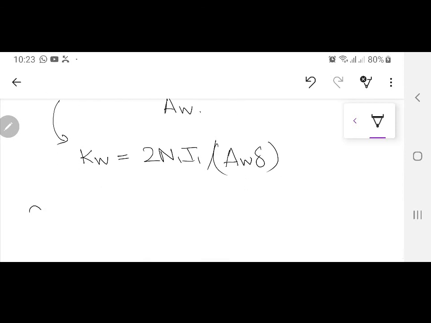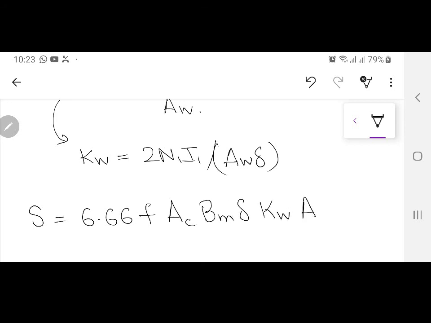So now the final form, this is very important, this F becomes equal to 6.66 F A C B M delta kW AW into 10 raised to power minus